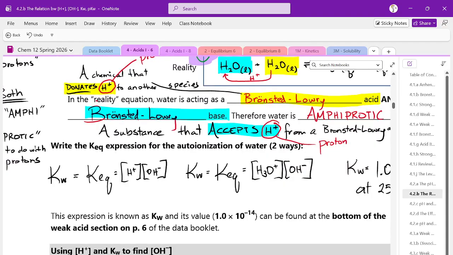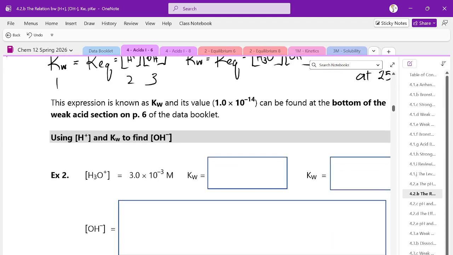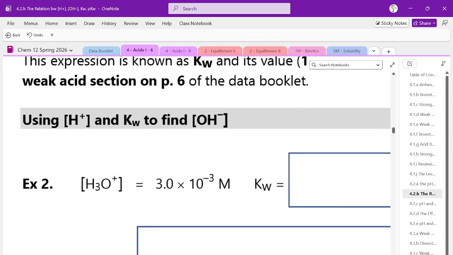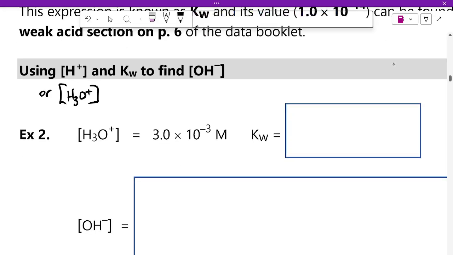So we have one equation and 3 variables. 1, 2, 3 variables. So if I give you 2 of those variables, can you find the third? Yes. So for example, we can use hydrogen or hydronium and Kw to find hydroxide. In this instance, we are given